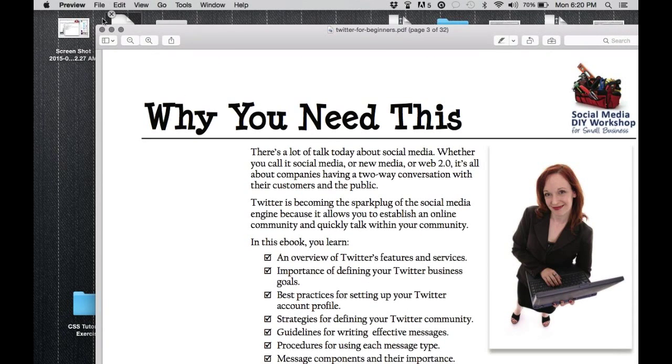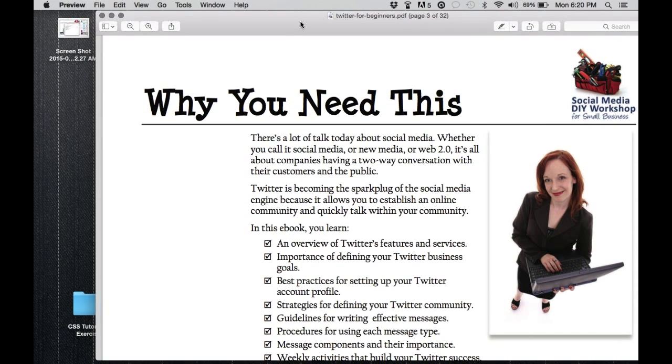Again, what we really want to make sure of is that when you're using your Twitter, you're creating content that can really be used for an overall goal. We want to make sure that everything we're putting on there is professional, on message, and relevant to what we are doing with our company. And if you have any questions, feel free to email me at